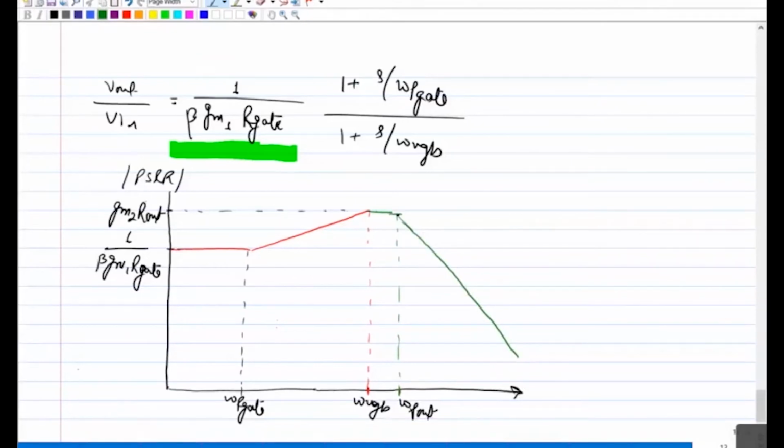And the same thing will happen when you make the output pole dominant. So when you make the output pole dominant, what will happen? It will remain flat until UGB, and after that it will start dropping. So again, in terms of high PSRR,